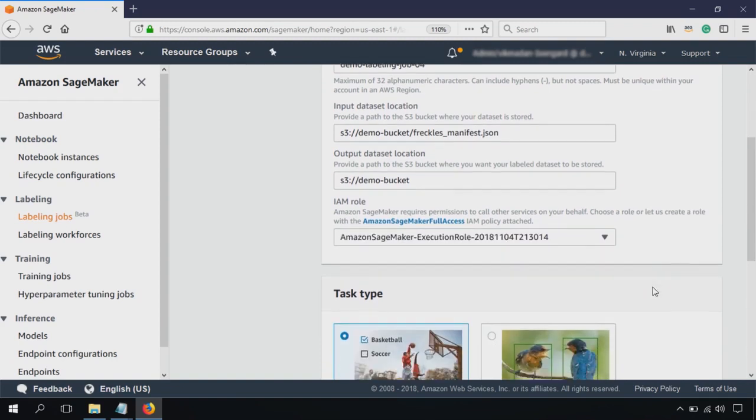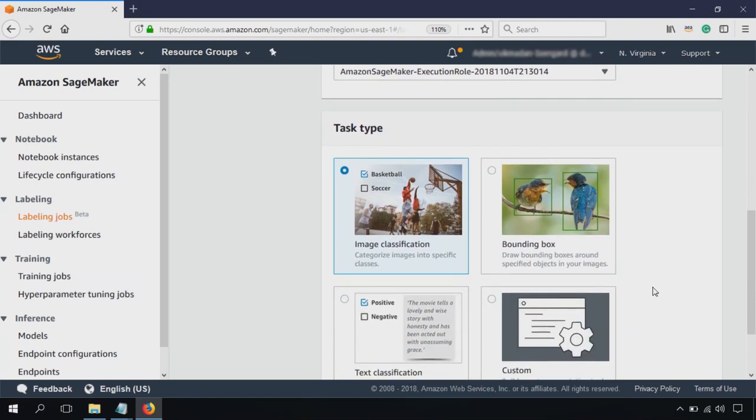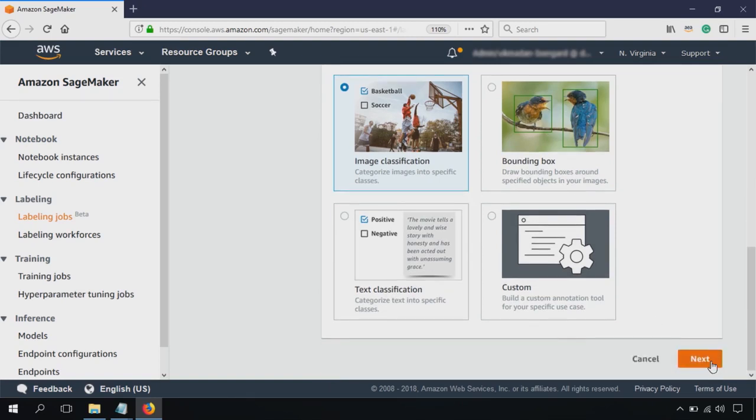So now we've finished the first aspect of the data labeling job, which is providing the input data set. And we're going to select the actual task type. So this is what's going to be performed on the input data set. And if you remember, I'm actually trying to identify whether my family dog named Freckles is actually in one of the images that I provided. So I'm actually going to do an image classification task, and this is pretty simple. Basically, I want to show an image and ask, is Freckles in this image or is Freckles not in this image? So we're going to move to next,